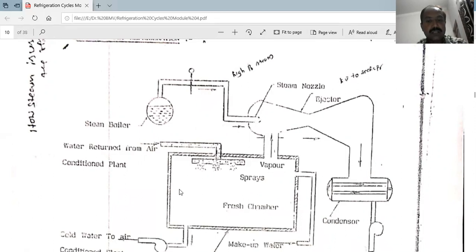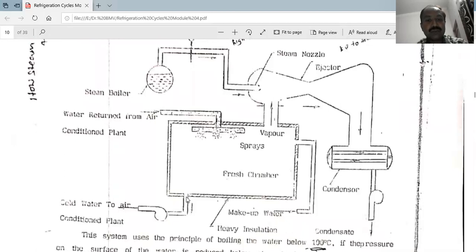The evaporation of about 1% of the water in the flash chamber reduces the temperature of the water by 6 degrees centigrade. That water vapor once again mixes with the steam. Then it reduces the static pressure of the steam, converting the kinetic energy of the steam into static energy due to the mixing of the evaporated water from the flash chamber. That gives the chilled water at the bottom.